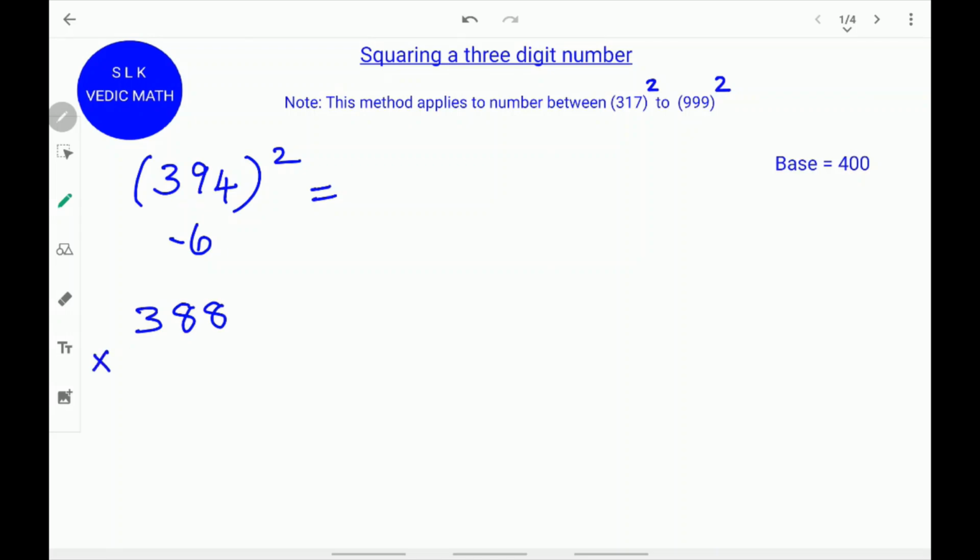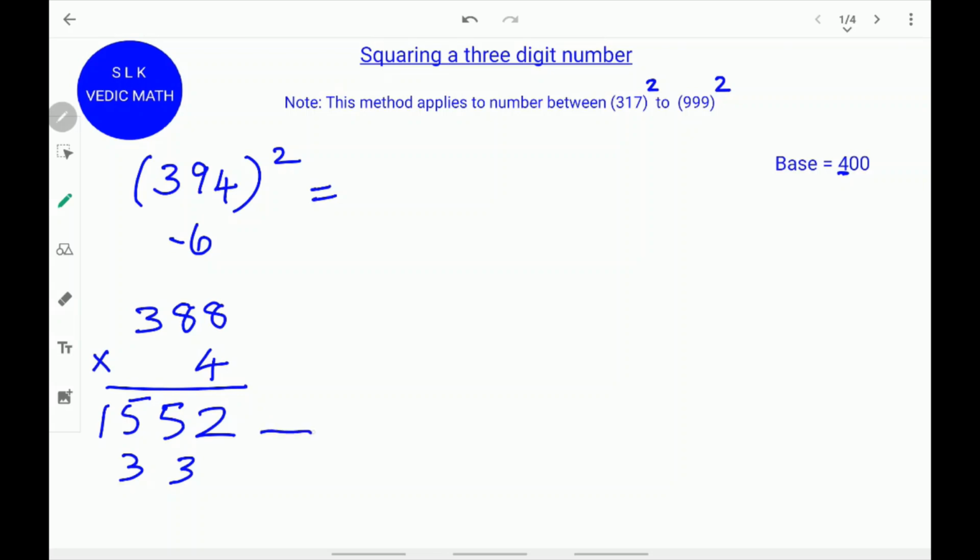Multiply 388 with 4. Why 4? Because the base 400 has a 4. 8 times 4 is 32. Write down the 2 and carry the 3. 8 times 4 is 32. 32 plus the 3 is 35. Write down the 5 and carry the 3. 3 times 4 is 12. 12 plus the carry 3 is 15. So, 388 times 4 is